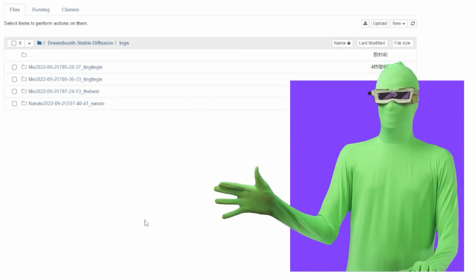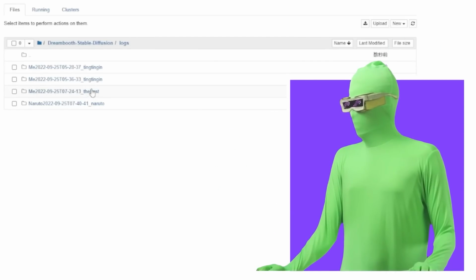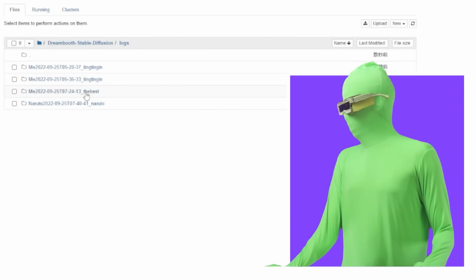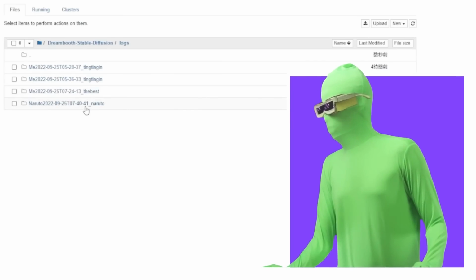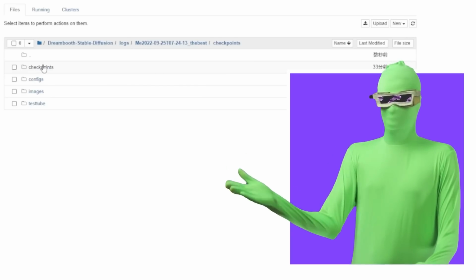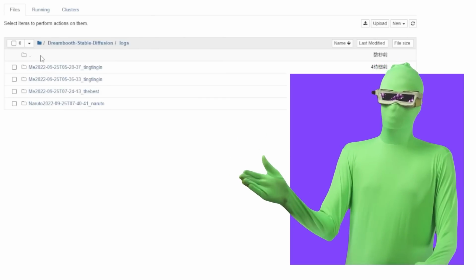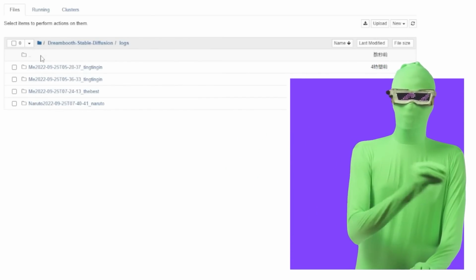And this is even the first instance I had to spin up. So I spin up other instances that you don't even see. You come here now and you want to go into the one that you just made. So that should be the latest one. So it should be this one, right? And then you click on checkpoints. But when I click on it, you see nothing happens. This thing changes, but I don't go into the folder. Yeah, there's a problem with actually accessing your checkpoints folder on VastAI.